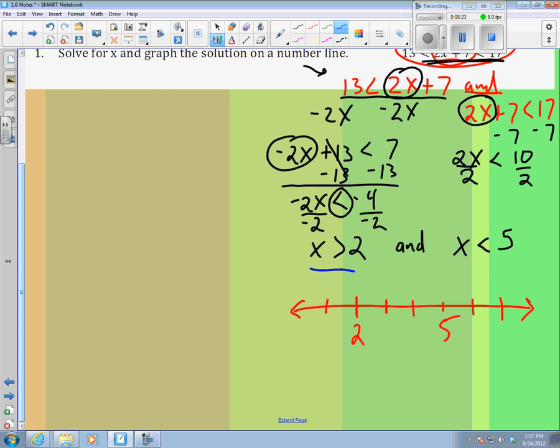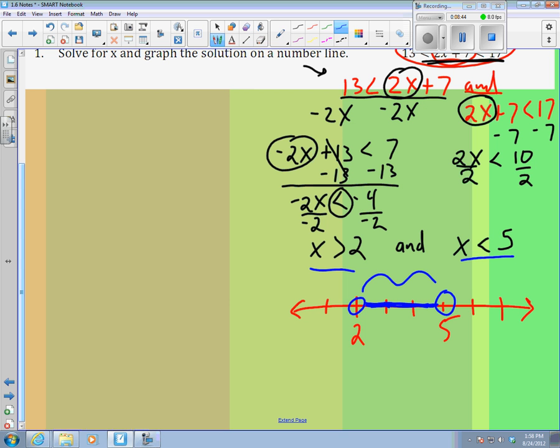First of all, x is greater than 2. So I'm going to circle the 2, and I'm going to be going in the direction of the 5. X is less than 5. Well, circle the 5, and I'm going to go in this direction. This is a classic compound inequality with the word and. All my solutions are right here